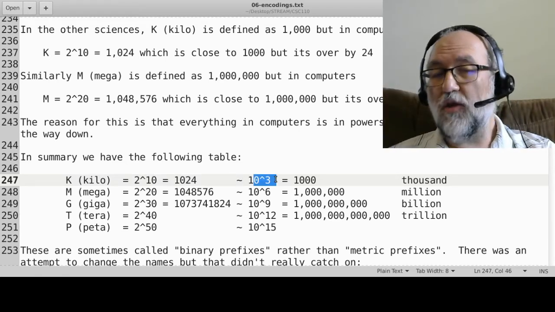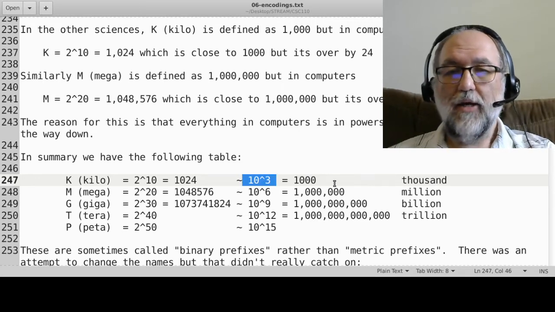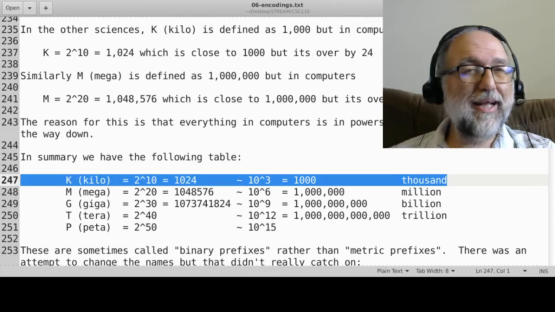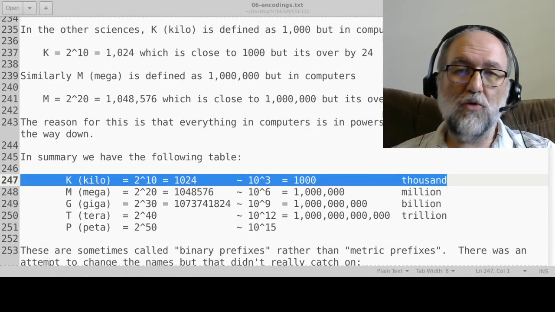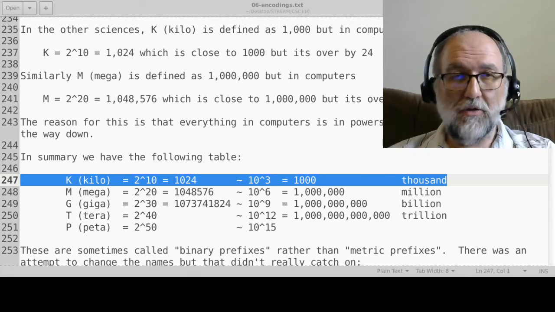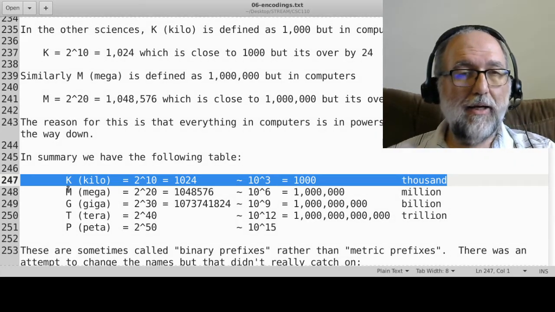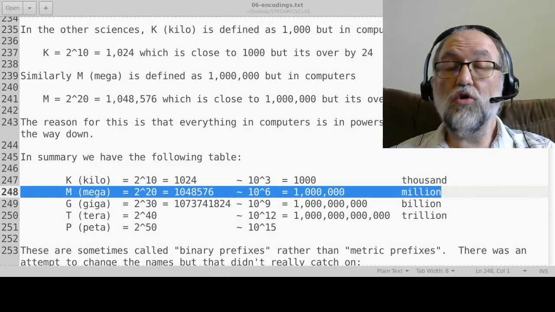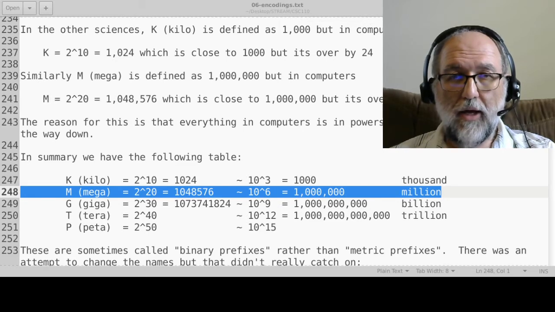That's approximately 10 to the third power, which means 10 times itself 3 times, and 10 times 10 times 10 is 1,000. Kilo is technically 1,024 in computers. When we do these word problems, we will approximate it to 1,000. Mega, when it comes to computers, is 2 to the 20,